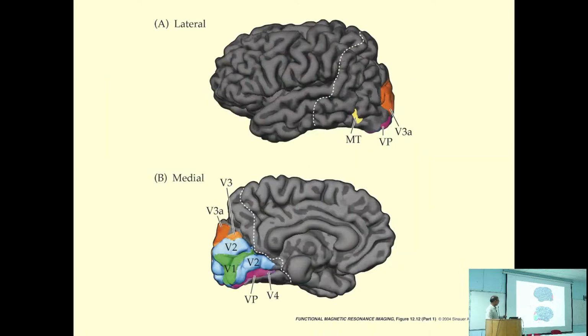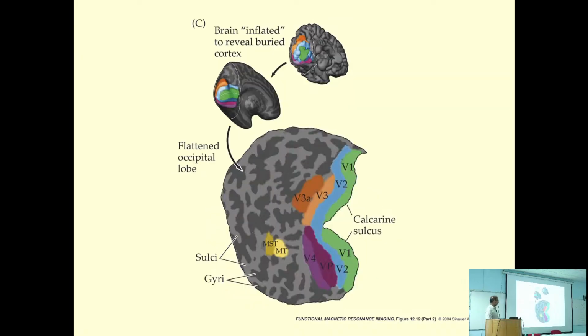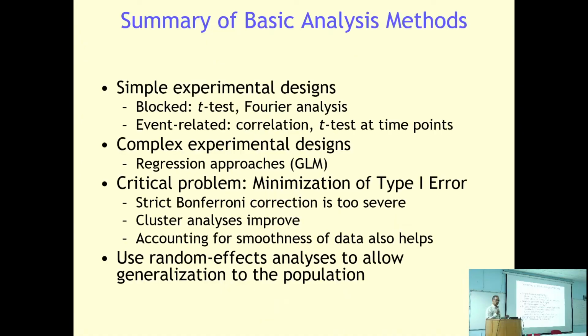By using surface, you can also display them in this fashion, right? This is by using the surface. This is across the sagittal plane, and you can identify different regions of the visual cortex. This is something called the flat map, where you can display the cortex as a flat map and then identify the different brain regions. Right? So for the data analysis part, the basic